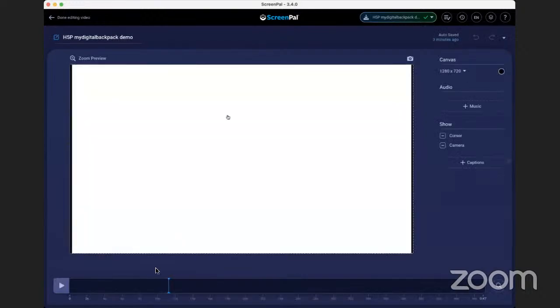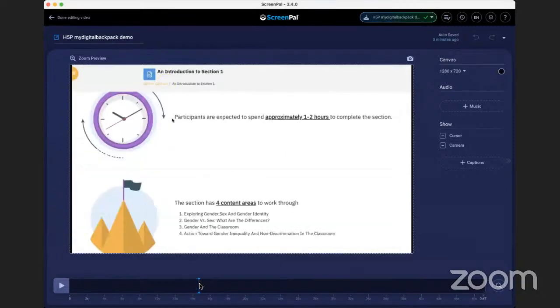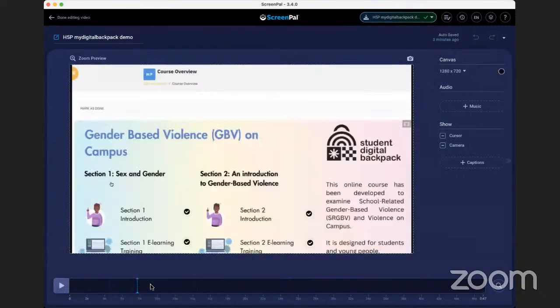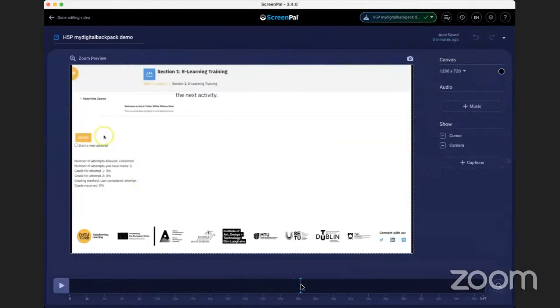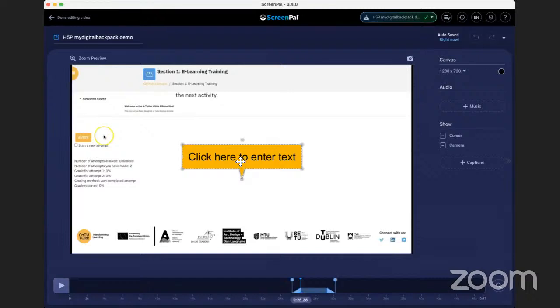So by selecting the option to edit video, it will switch into, I suppose, a video editing mode. So you can move through the timeline by moving the toolbar at the bottom along to get to the relevant point in the video that you want. And from within there, if I click on the tools option, there's a number of different tools available to me. So for example, I might want to insert some text into this section to maybe clarify something to students. So I can select overlay, text, and then with the text pop-up that appears, I can simply put